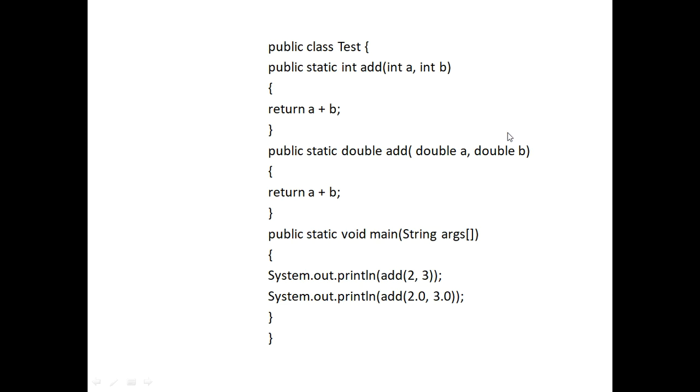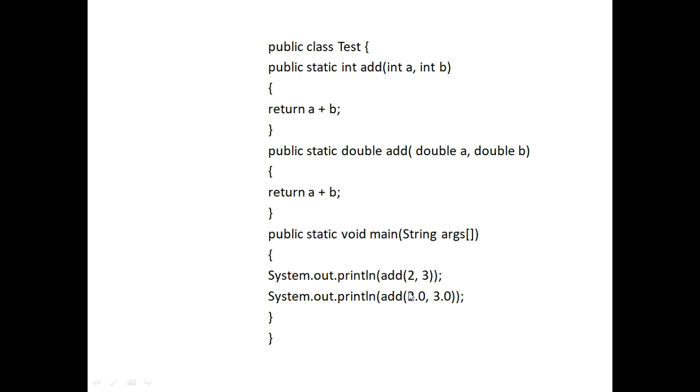At this moment, the compiler will see the input type. Here the input is 2, 3, which in the sense can't be double, so definitely it's an integer. So it will go and search for the prototype of type integer. It is here, int a, int b. So this is the function I am expecting here. It will be 2 plus 3, and 5 will be returned.